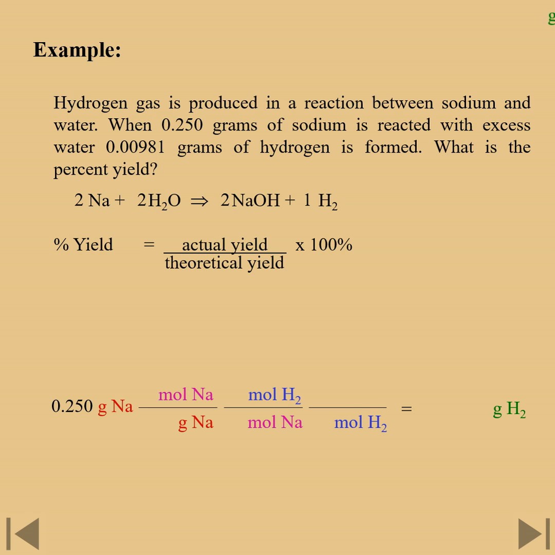The molar mass of sodium is 23.0 grams per mole. The balanced equation says 1 mole of hydrogen is formed from 2 moles of sodium, and the molar mass of hydrogen would be 2.02 grams per mole. When I put this on my calculator, I come up with 0.01098 grams. I'm going to leave it at 4 significant figures, and then put that in with my actual yield